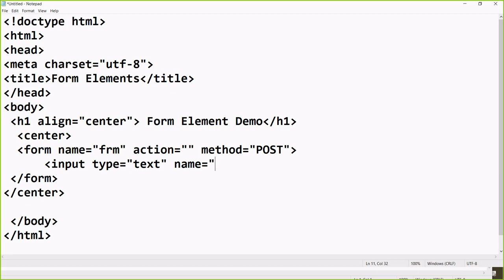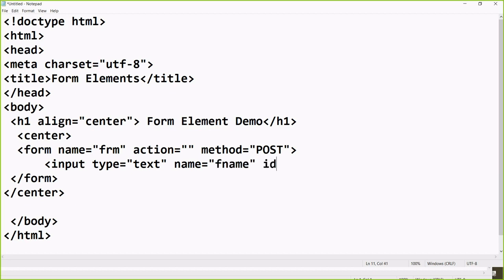Okay, so this is again, I can say, two things: one is called a declaration, another is called a definition. Whenever you are defining a value, suppose in C programming you define int a equal to 10, so the value 10 will be stored inside a. So whenever you call a, the value 10 is there. The same way here, at the place of the name, whatever name you write for the input box, with the help of this name only you can pass the value. So I think you got the idea what the purpose of the name is. So fname.